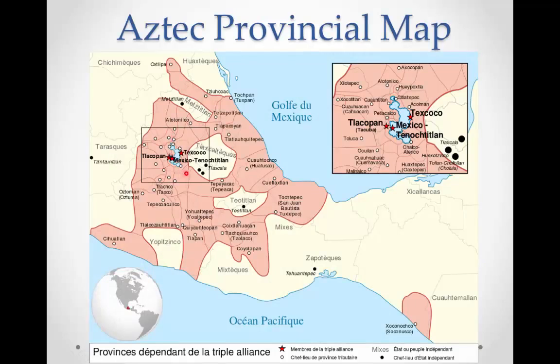So this map is a map of the provinces really around the Aztecs. And, as you can see here, this is the main capital area. You have the Tenochtitlan, Texcoco, and such around Lake Texcoco. And this is where these people expanded outwards, and you can see all these little city-states around in the area highlighted in red. These are the groups that were ultimately being conquered and forced to pay tribute and such to the Aztec.